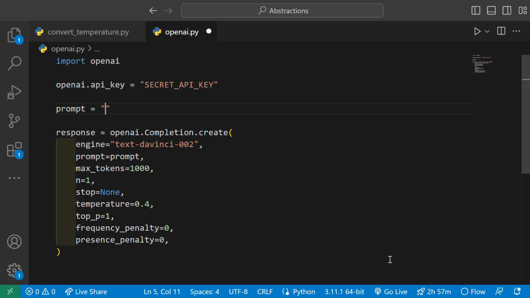Take ChatGPT, for example. OpenAI, the company that created ChatGPT, they've now released an API which allows you to use the GPT model in your code. This means we can just build software using this highly advanced AI model with just a few lines of code. We just import this OpenAI package and we need to get an API key. But aside from that, we just set a prompt and then we call the prompt, and with just a few lines of code, we're using this AI model in our software. We don't need to understand how the model was built or how it works under the hood to be able to make use of its incredible functionality. How powerful is that?